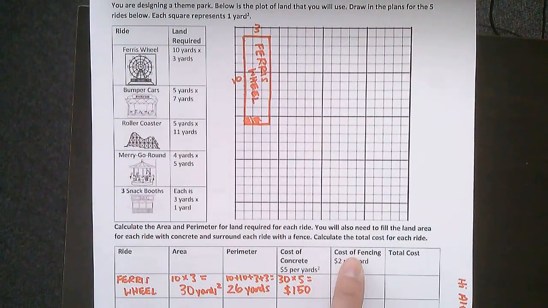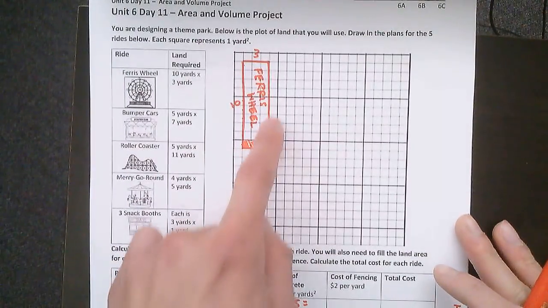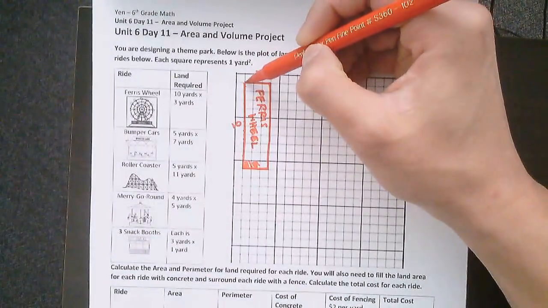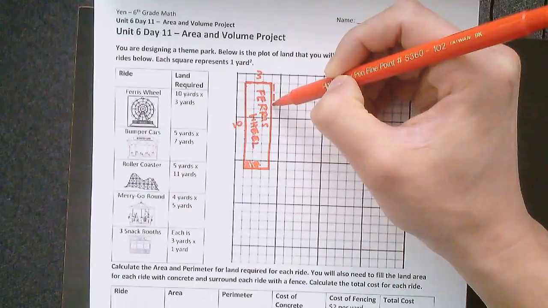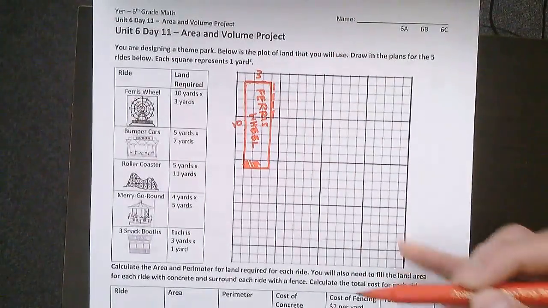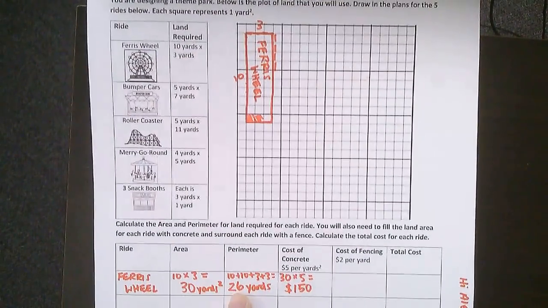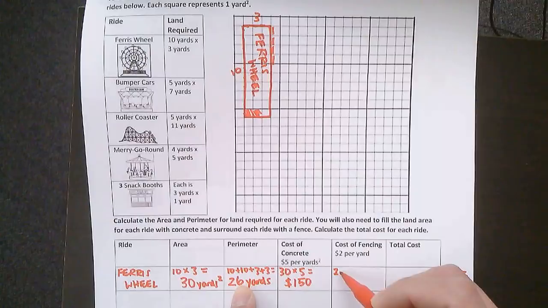The next part, the cost of fencing. How much would it cost? So if we imagine putting a fence around all of this, it's $2 per yard. So for each yard that goes around this rectangle, right, here's $2, here's another $2, here's another $2, here's another $2, going all the way around. Well, that's the same thing as the perimeter. Going all the way around is the perimeter. So it's each yard in the perimeter